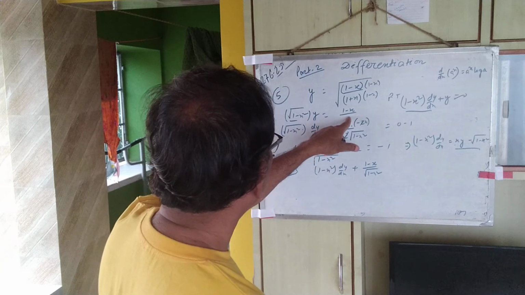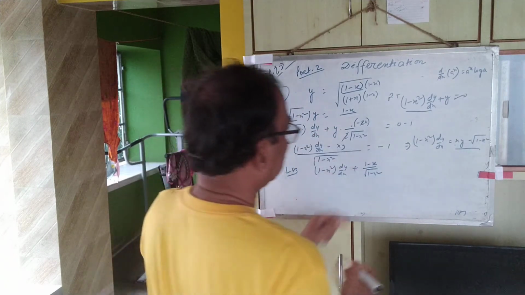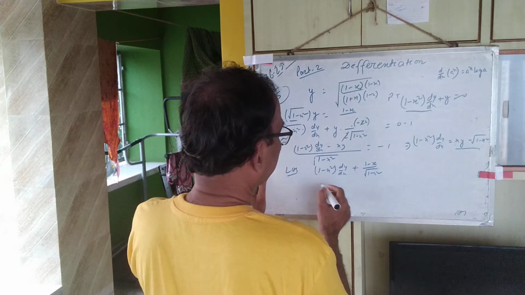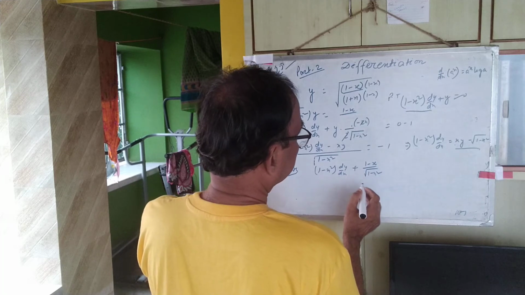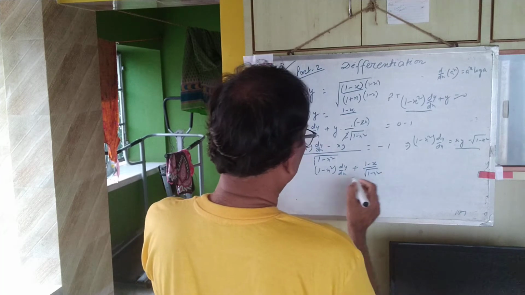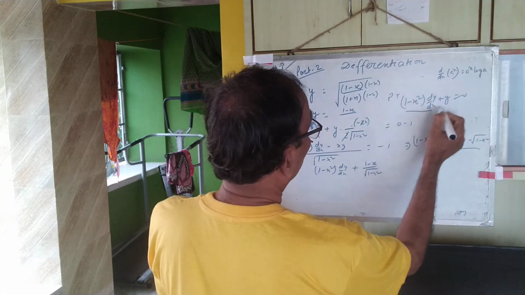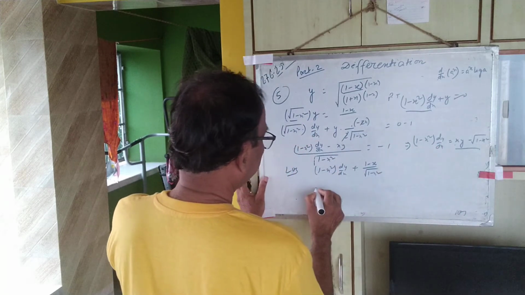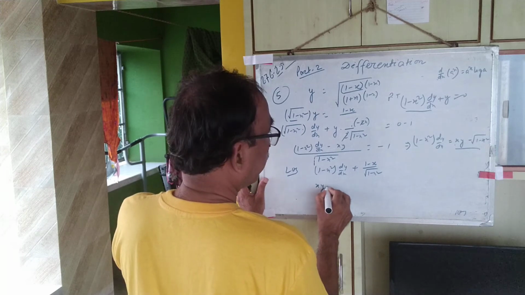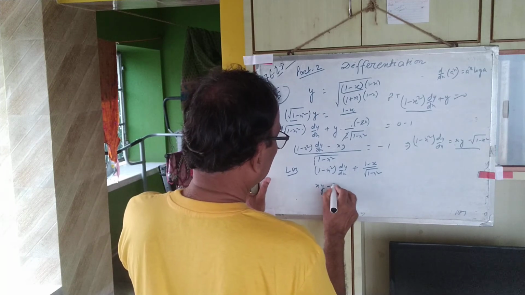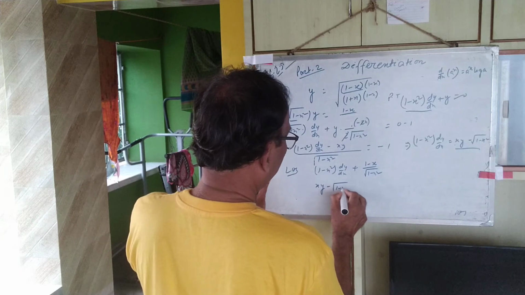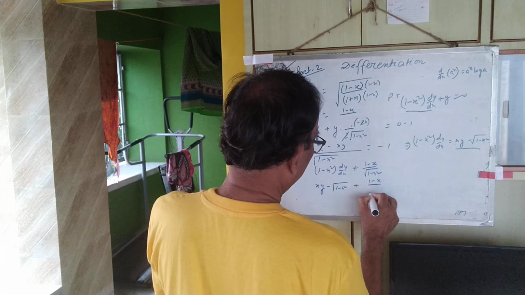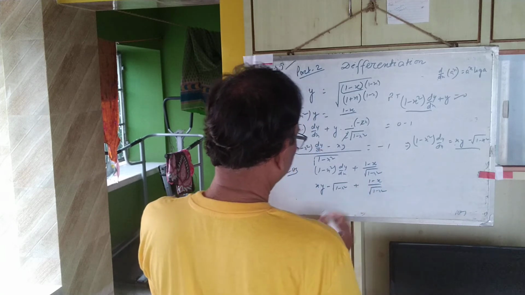The value of y, this dy by dx, LHS, the value of y is this. This is 0. The value of this we got is xy minus root over of (1 minus x square) plus (1 minus x) by root over of (1 minus x square),